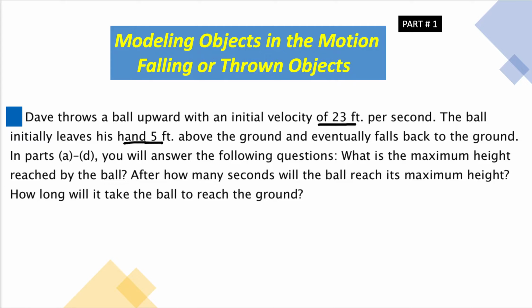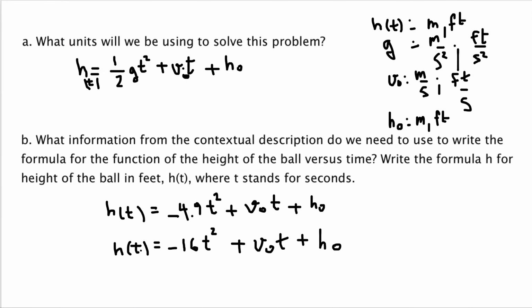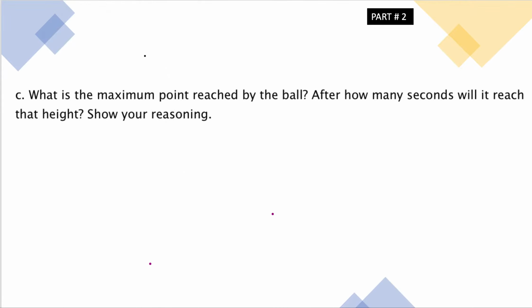So now we need this information in order to make the equation we need to solve the problem. Here, because we are working in feet, we have to use this formula, and now we are using that formula. H of t is equal to negative 16t squared